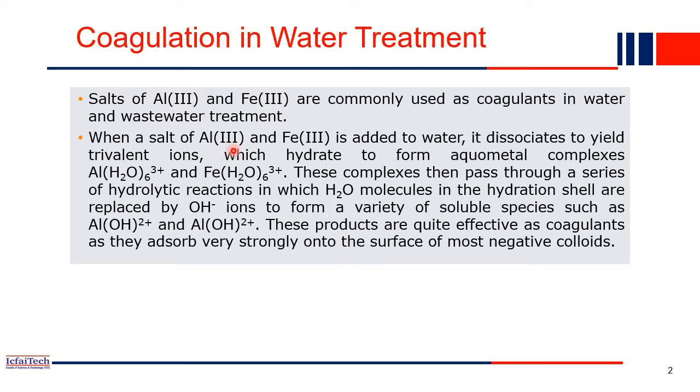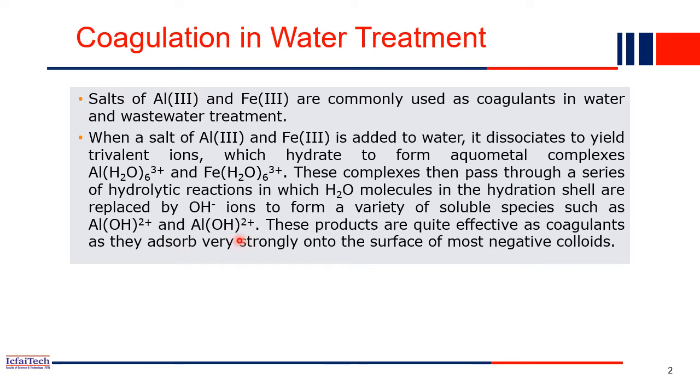When the salts of aluminum or iron are added into the water, they dissociate to yield a trivalent ion. When hydrated, they form an aqueous metal complex, such as this type of complex compound it will create once it reacts with the water. These complexes are then passed through a series of hydrolytic reactions, in which hydrogen atoms in the H2O molecules in the hydration shell are replaced by OH minus ions to form a variety of soluble species,